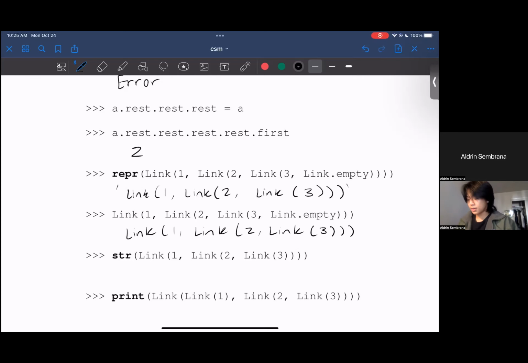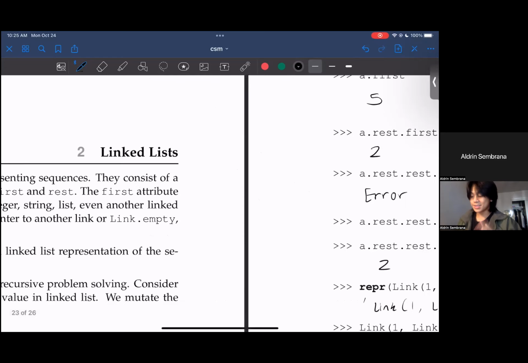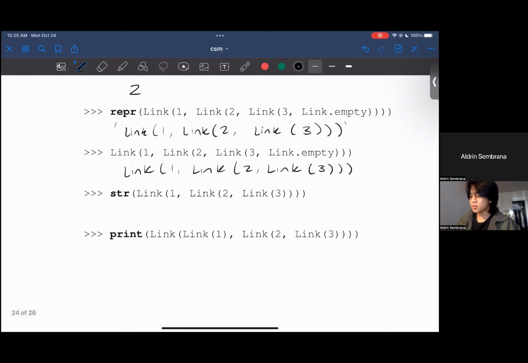Cool. Okay. Now we have the str method. Similar to the repr method, this will also be in quotes. So yeah. Now let's get to the str method. This time, be careful. This is a different link object. This is a different linked list object than before, because now we have this like